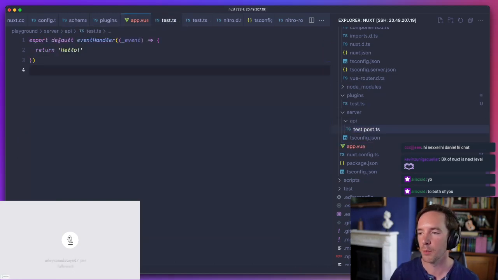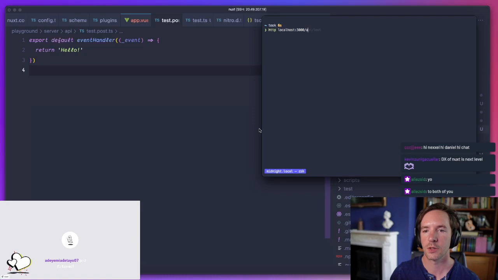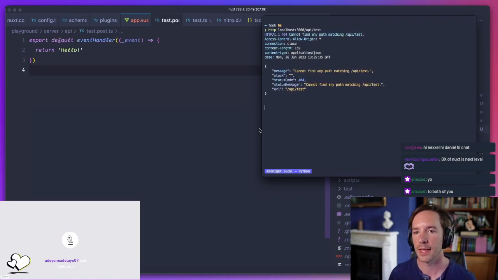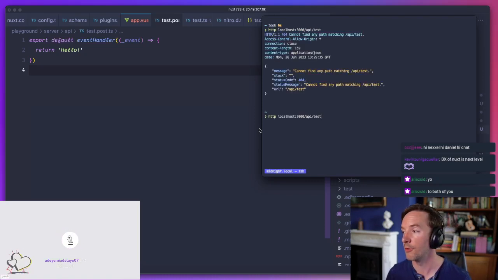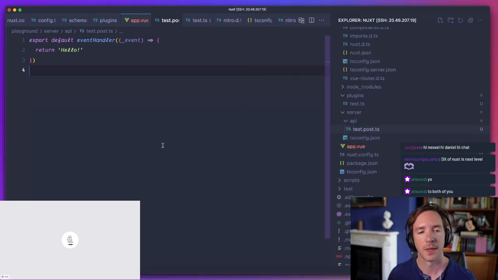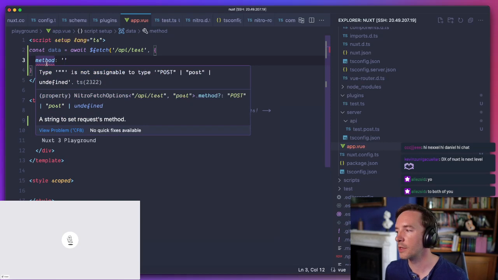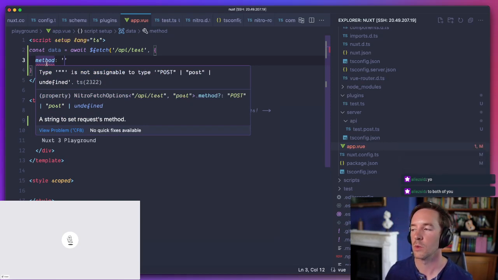But if we made it a post request, it's only going to respond to a post request. So if I hit it with a get, it should return a 404, but if I hit it with a post, it's going to return the hello. Now in here, it's only going to allow me to give it a post. It has to be a post request or it won't work.